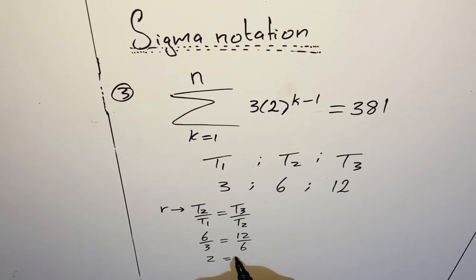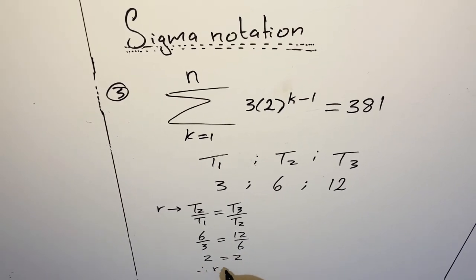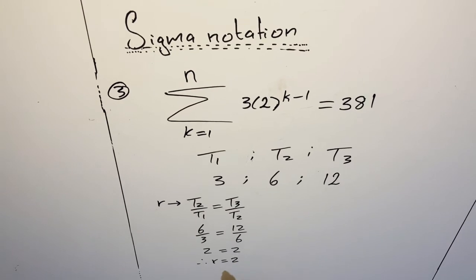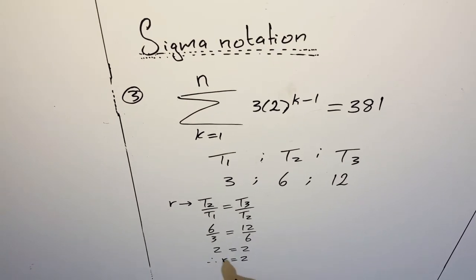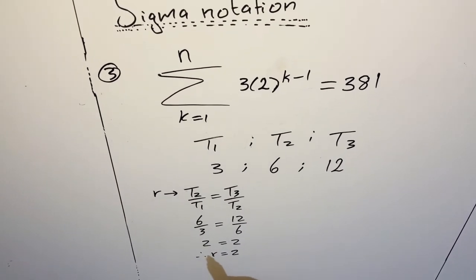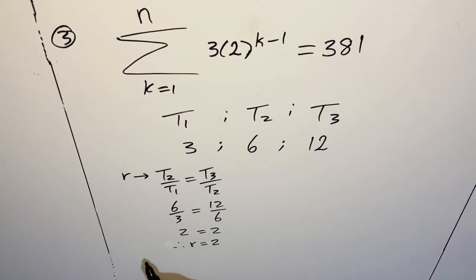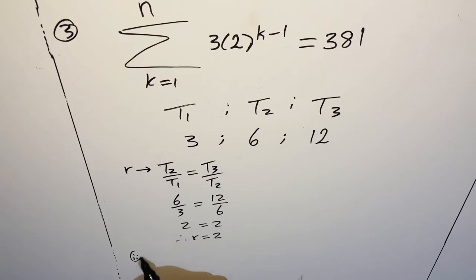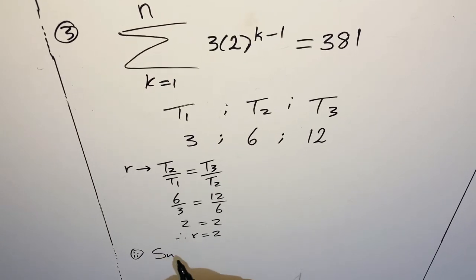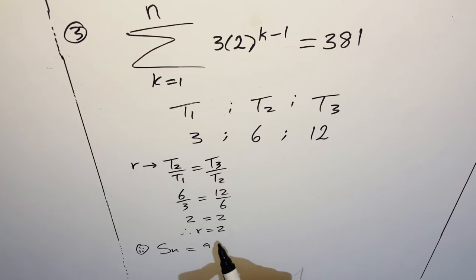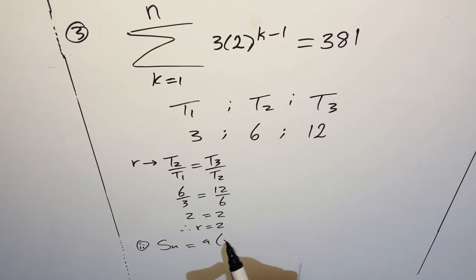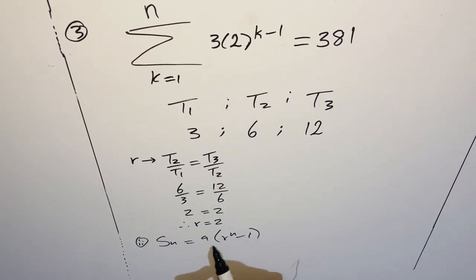I still get a 2 here. Then I conclude that my R is actually a 2. Then I know that what I'm dealing with is a geometric sequence. So since the sum is given, sum formula,